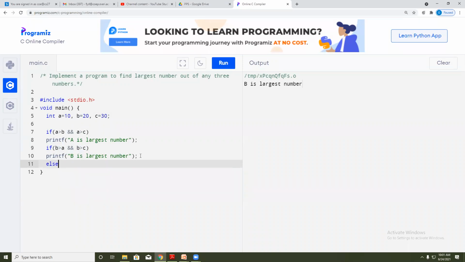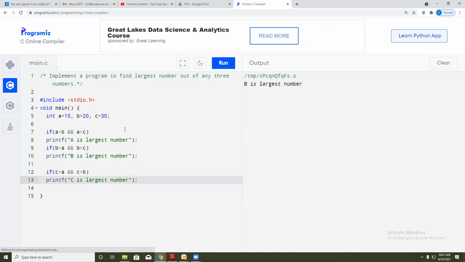Else, or instead of else, you can also write a third condition: if C is greater than A and C is greater than B, print C is the largest number.